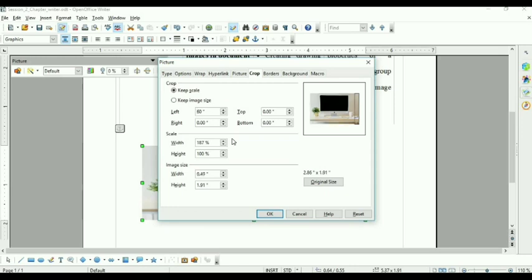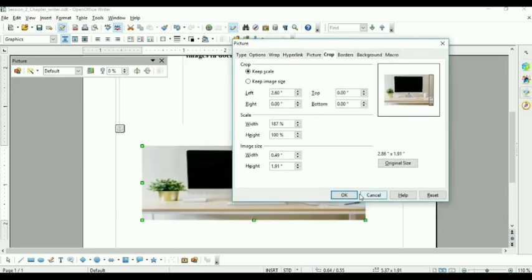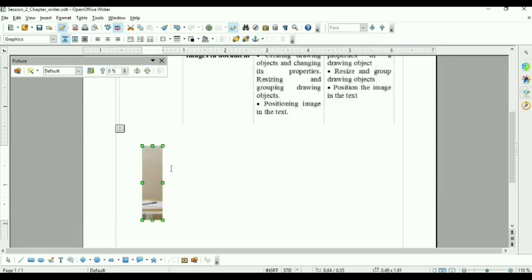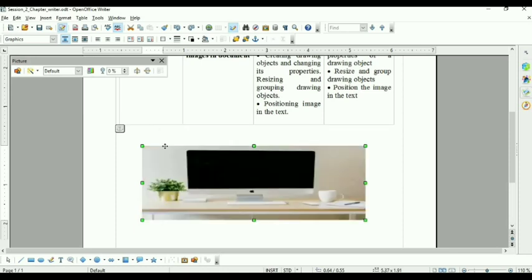Simply write 5 inch for the left side, then click on OK. Once you click on OK, you will see 5 inches removed from the left side, so only this much remains. Press Ctrl plus Z together and you will get the same picture again in its original position.